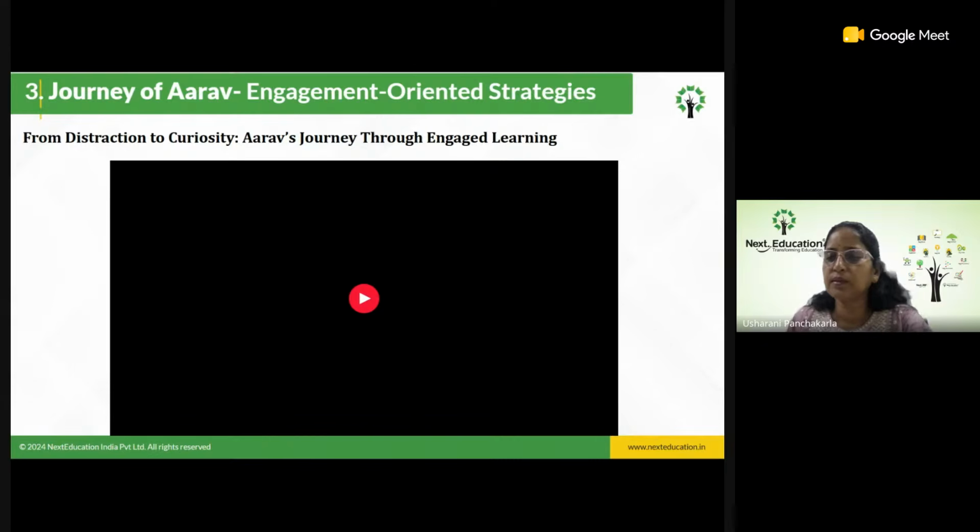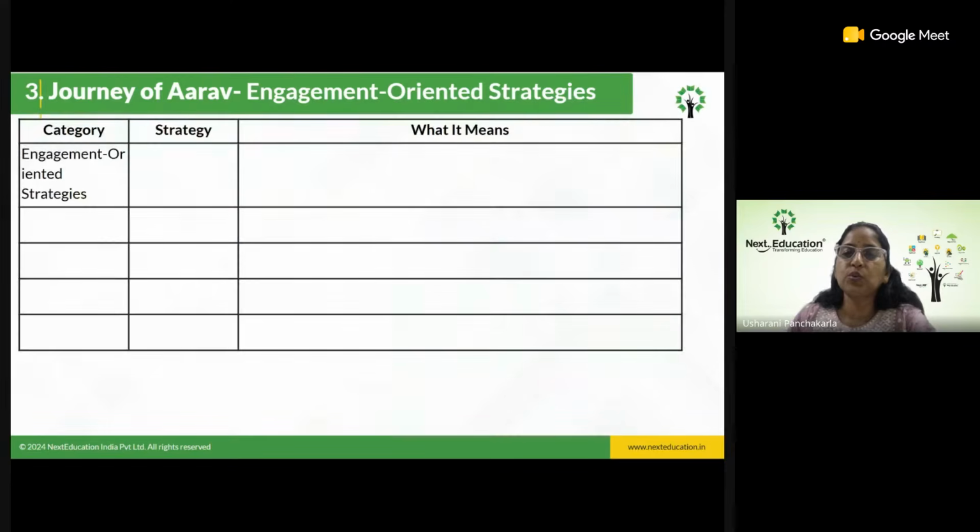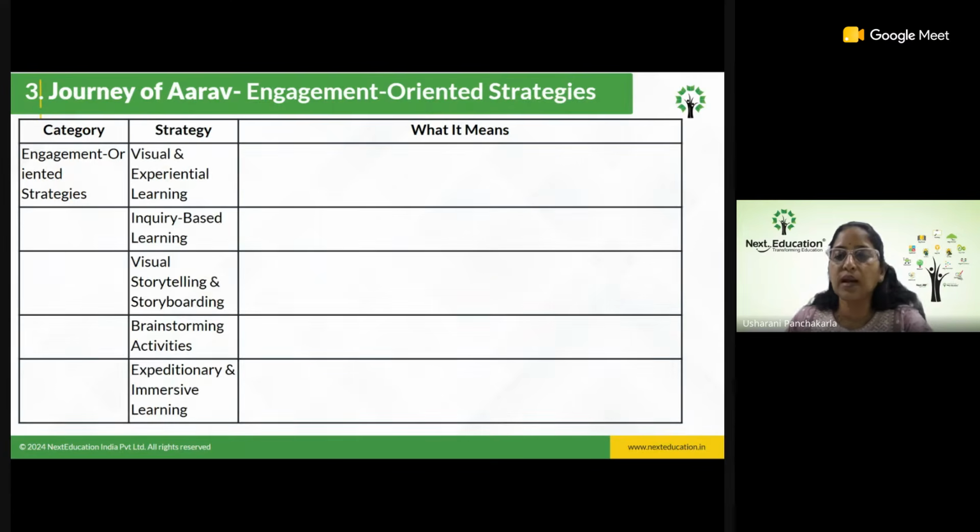I find the reasons for pollution. Yes, true. Creating a module, right? Yes. Yeah, right. So you almost got there. So I'm going to show you here. Now we have discussed all of these answers here. I'm going to show this. These are the different strategies that we have shown in that. One is visual and experiential learning, right? So this is the one.